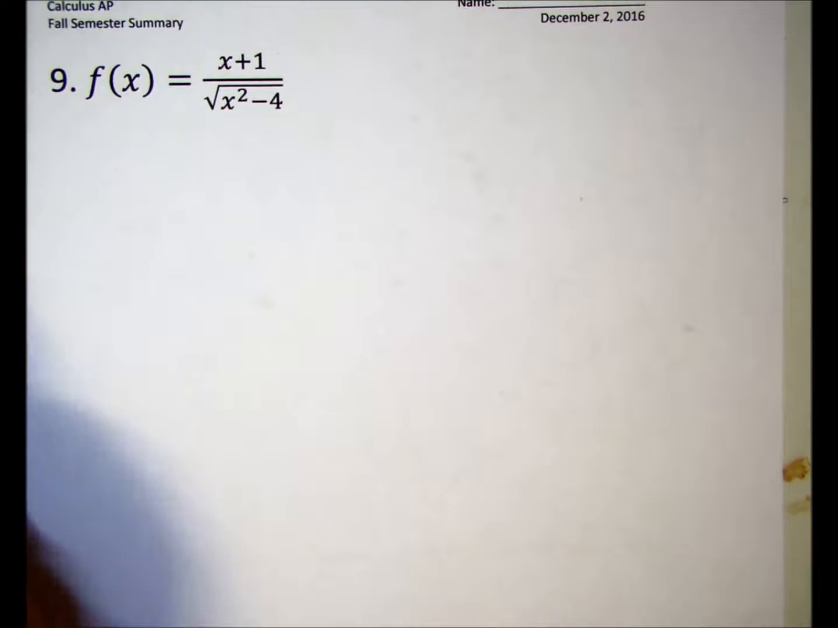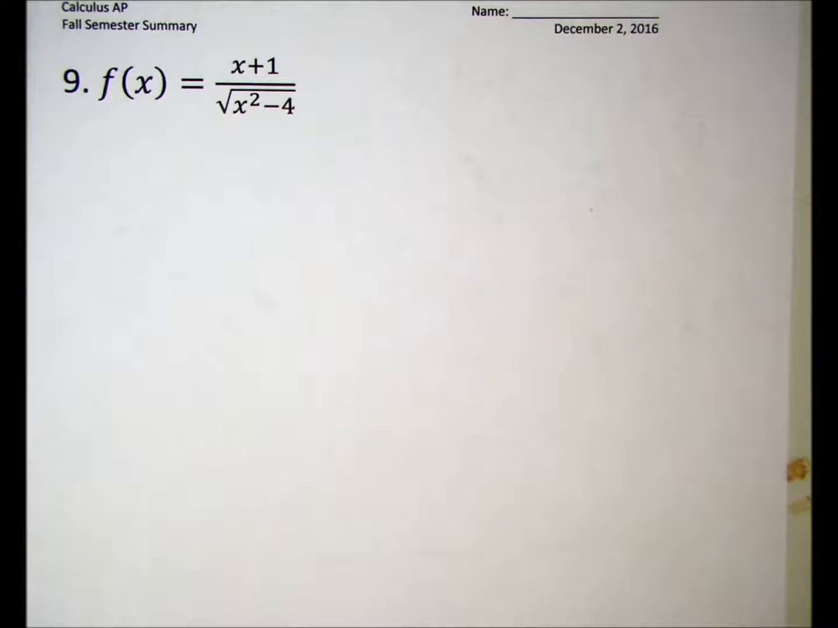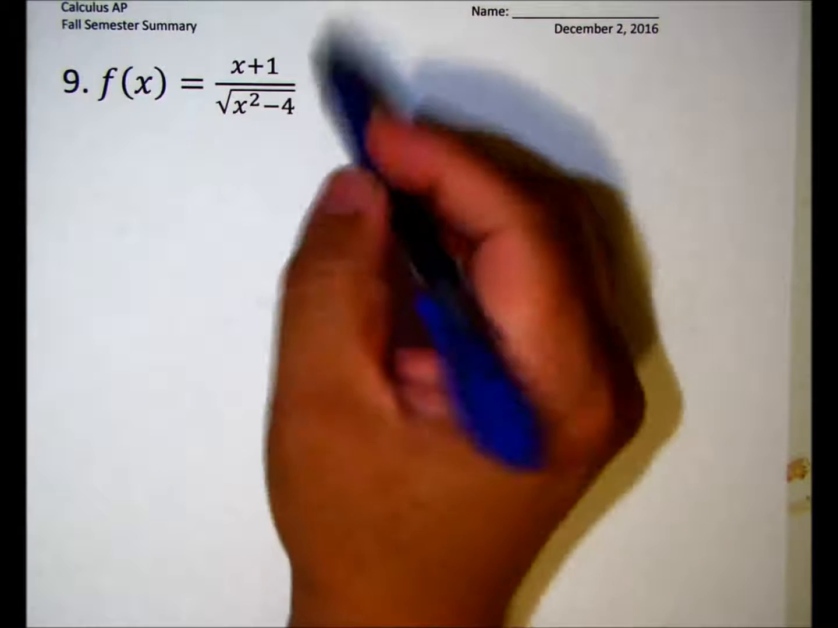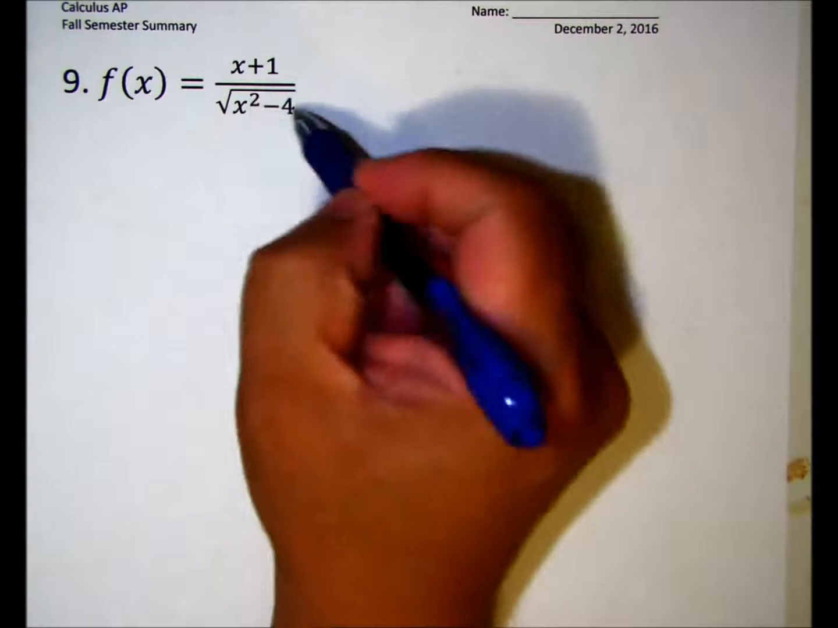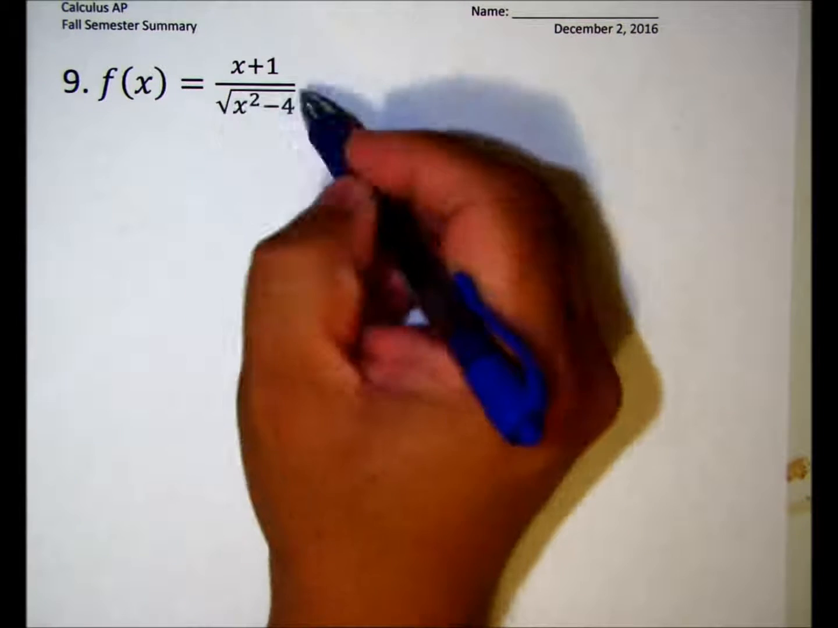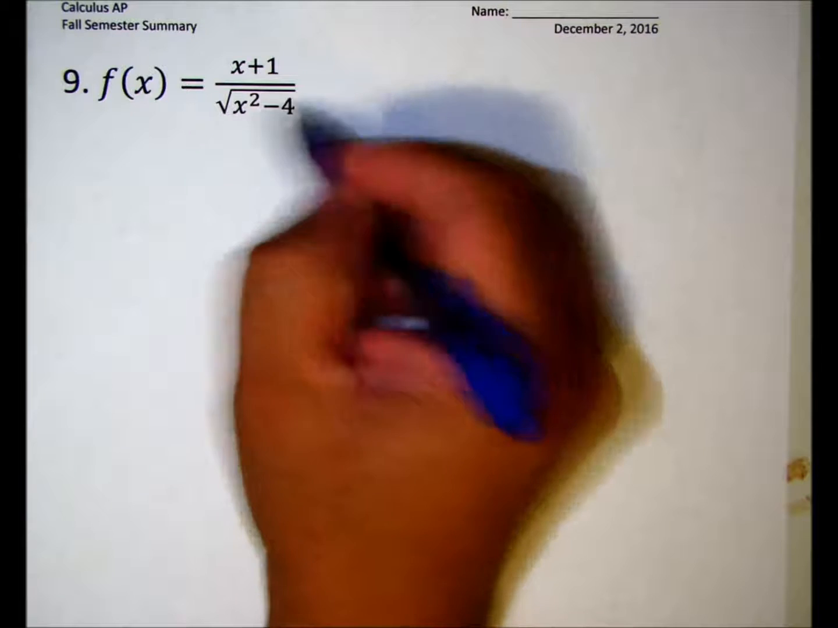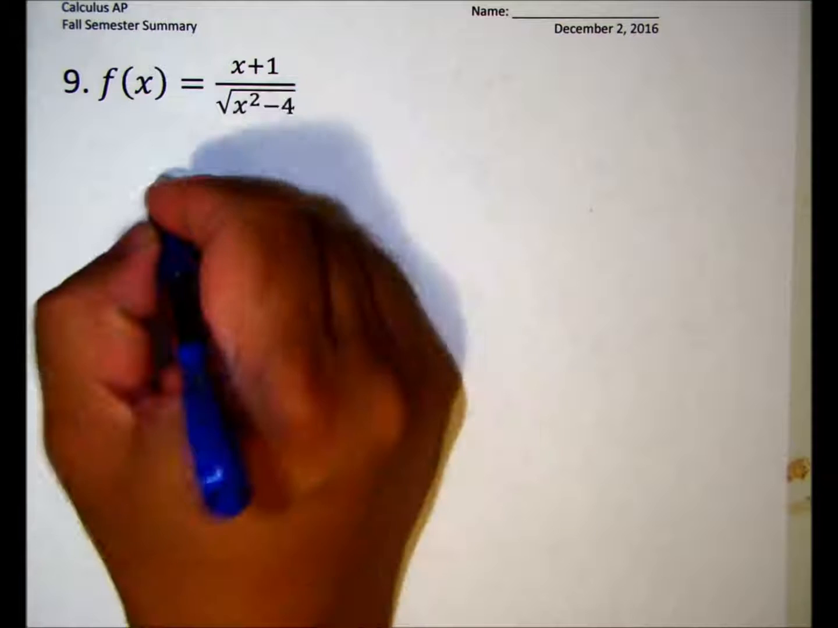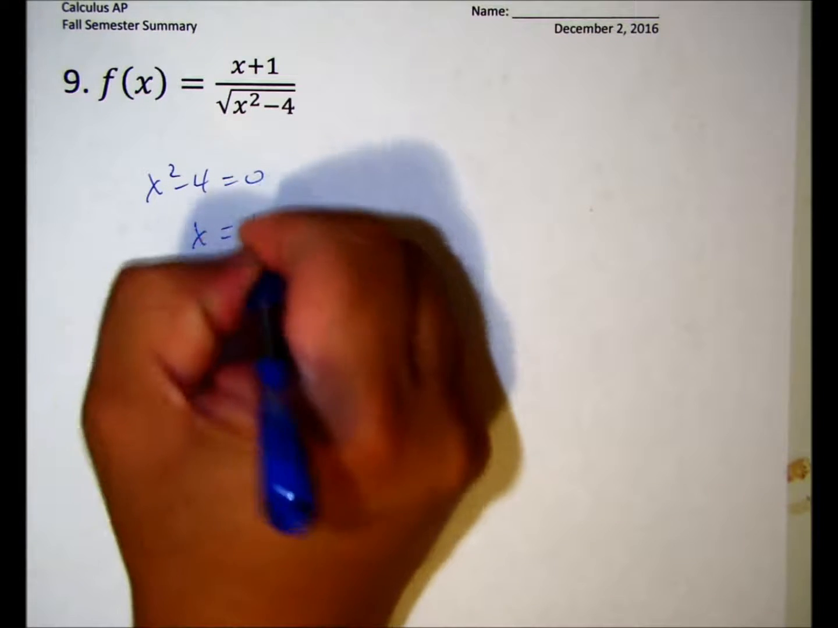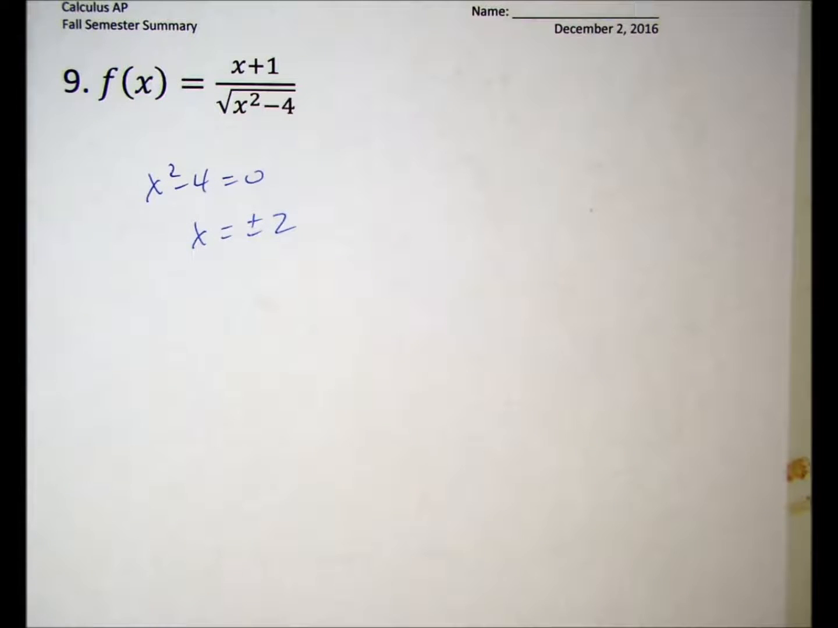Okay, alright. We're looking for points of discontinuity. Now, this one has two things going for it. We have a fraction, which means we can't have zeros in the denominator, and we have a radical. It's a square root, so that means we can't have negative numbers in there. Alright, so first off, we can just find the zeros of the denominator. That would be x squared minus 4 equals 0. That's going to give us x equals plus or minus 2. Okay, so we can't have plus or minus 2, so that's going to be a point of discontinuity, and then